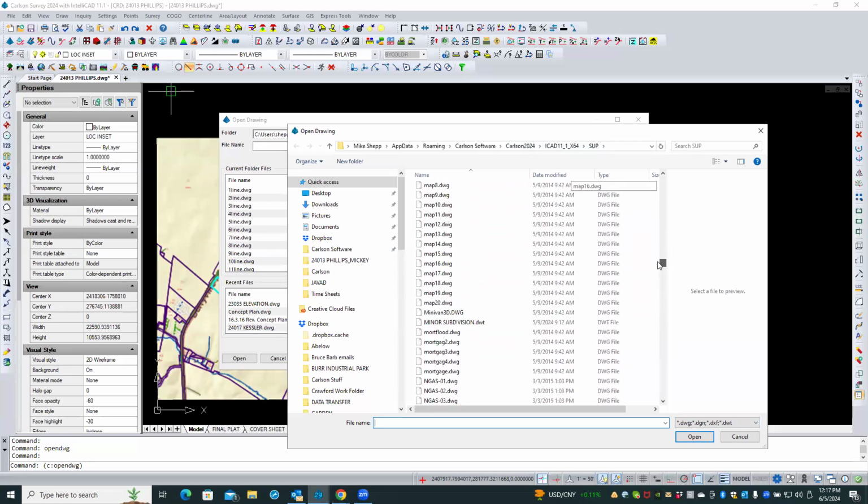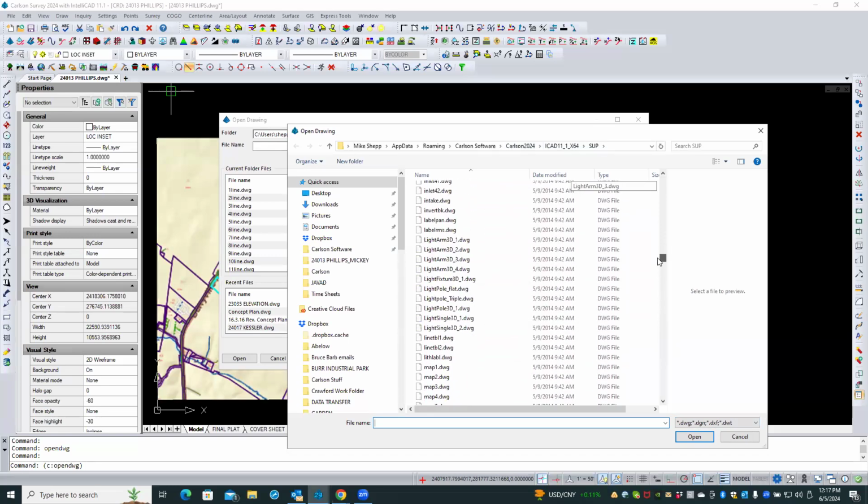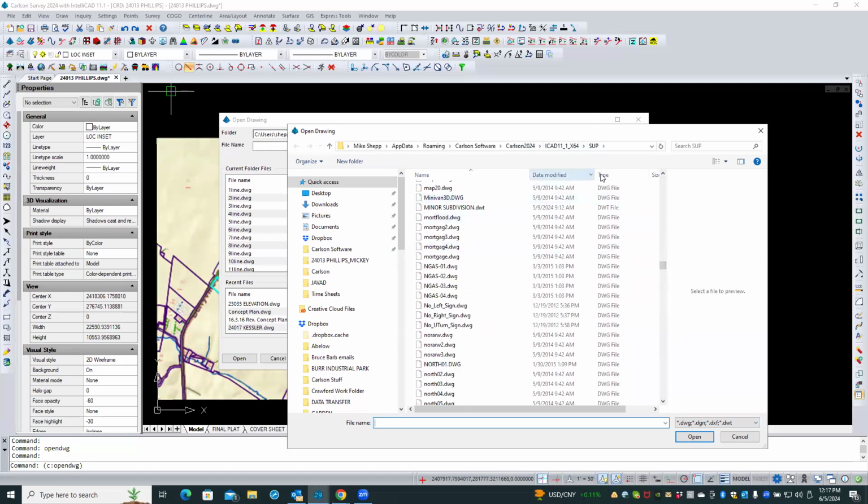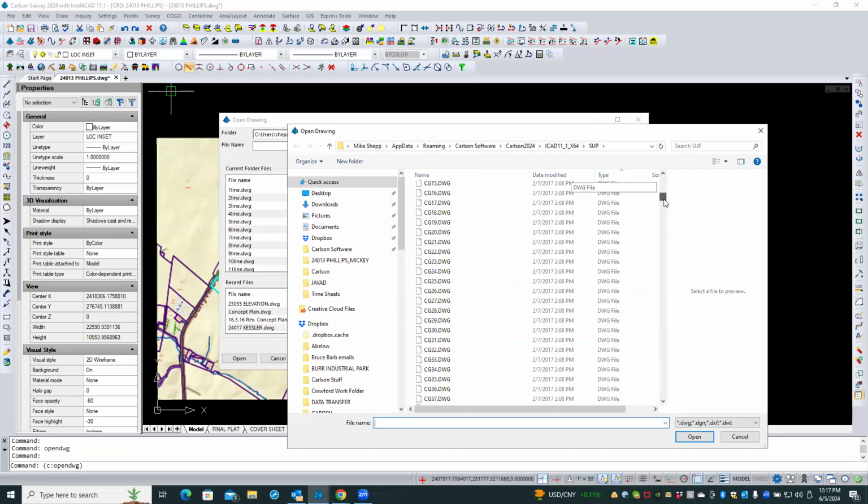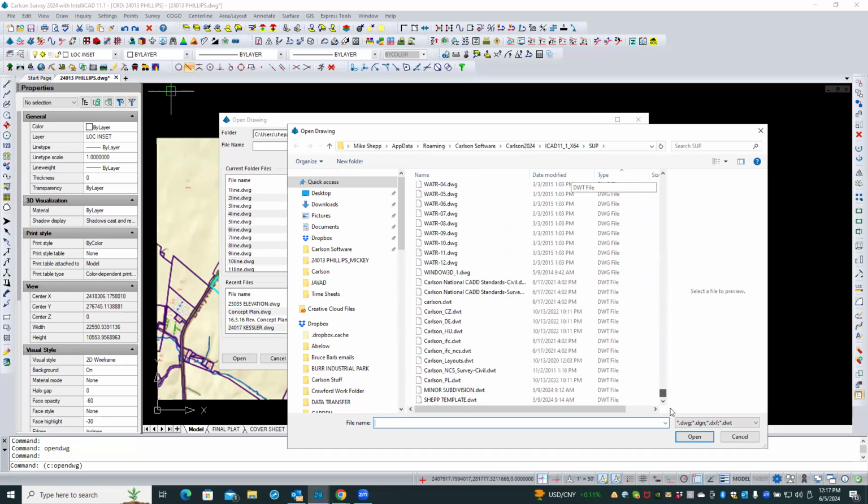Where are our DWTs? Oh, they were interspersed. There we go. All right, so if I go down here now and find it. There's my DWT, SHEPP. Which one? Minor subdivision. Minor subdivision. So if I open that,